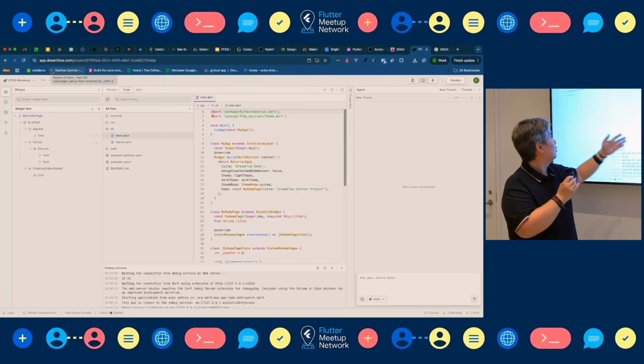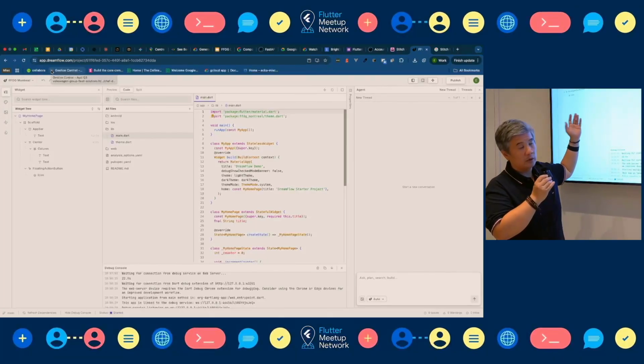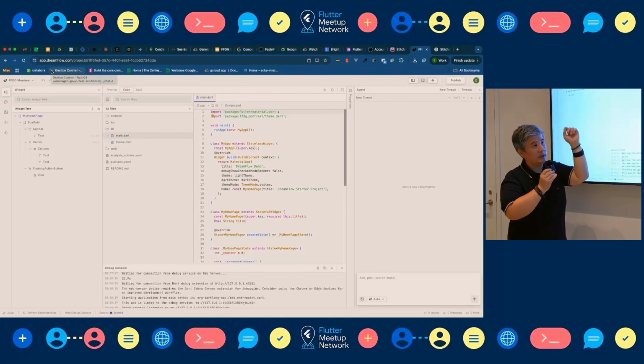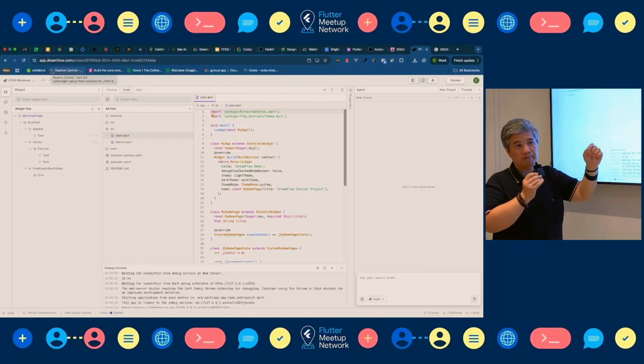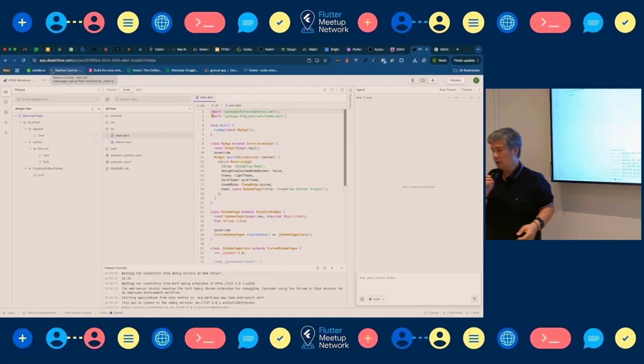You just need to know where it's going to get the data from. So that's why they are building some native integrations with Firebase and Supabase, and so on. And that's it. So you really focus on the application and just need to know how to connect to get the data to display it.